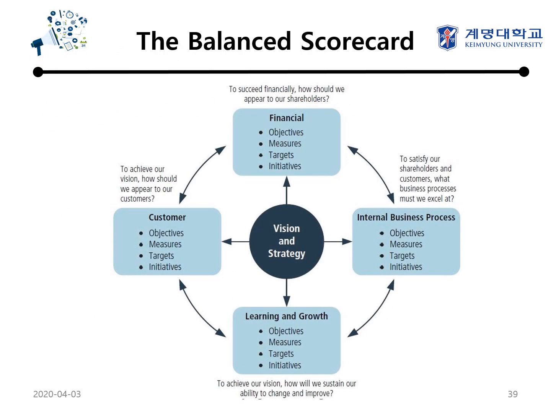If you take a look at the figure, the balanced scorecard enables the manager to consider their business from four key perspectives. Number one is the perspective of customers: for us to achieve our vision, how should we appear to our customers? Next is finances: to succeed financially, how should we appear to our